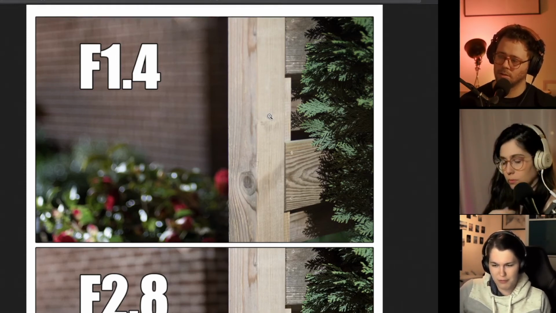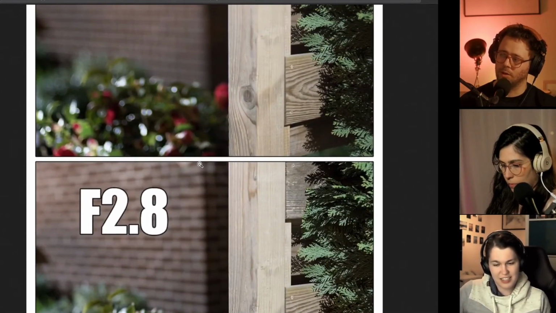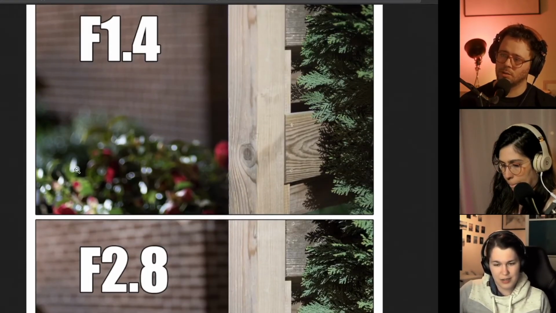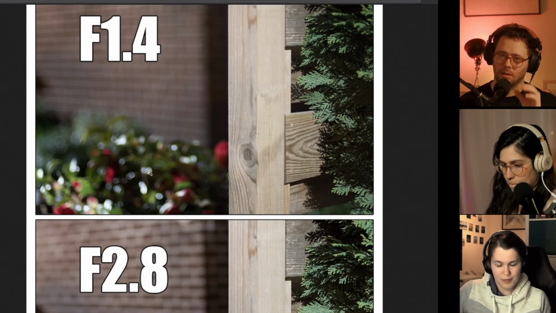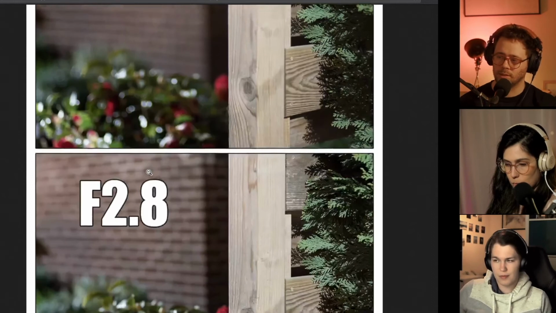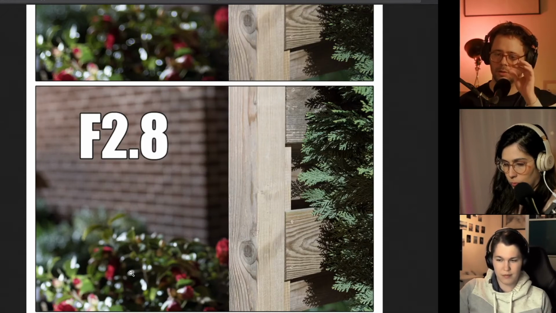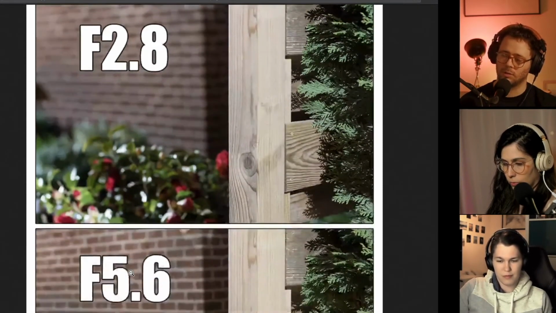At f2.8, if we compare also the flowers, here we have a lot of bokeh, and these circles are the highlights on the reflections. Maybe they were wet and they're reflecting more light, so they act like light bulbs in the scene. And here we see the circles are smaller, meaning they're becoming in focus as we go to f2.8.